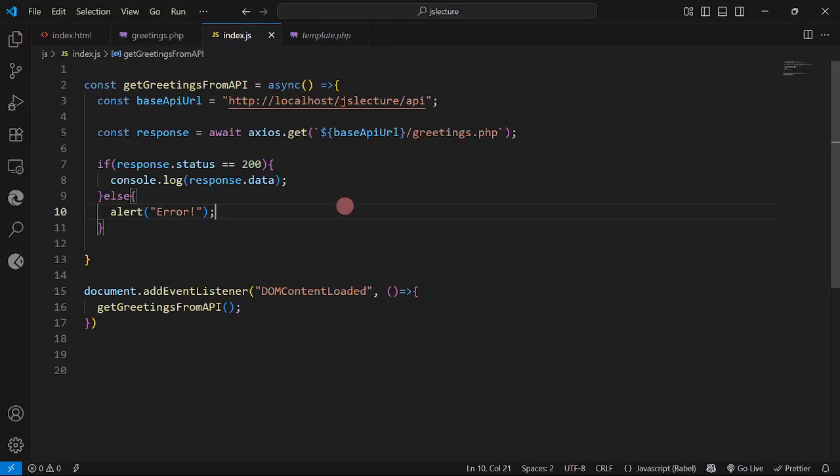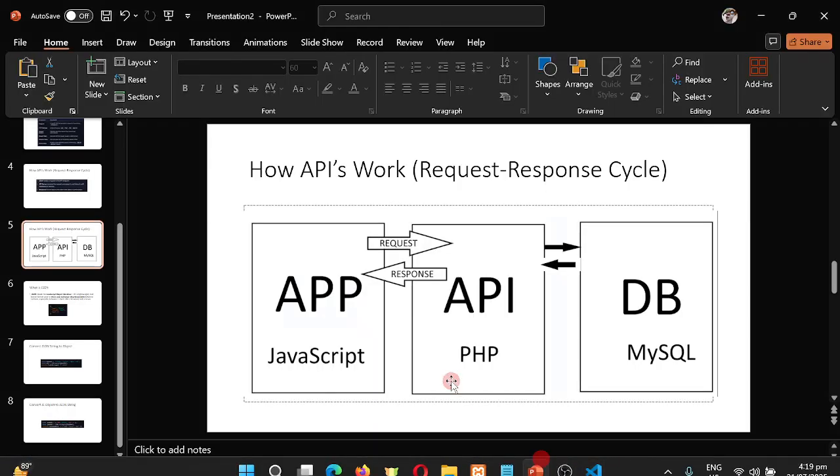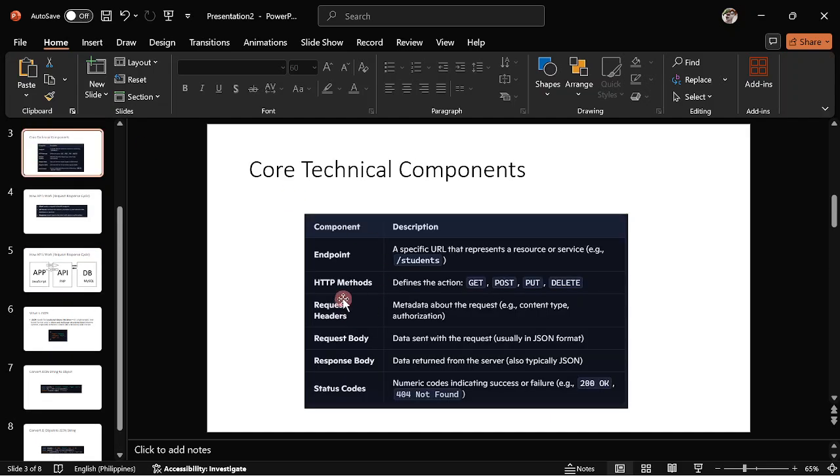Now, how about if we are going to send data into our API? So as we have in our discussion a while ago, we have here the different HTTP methods: get, post, put, and delete. Okay, so although in most cases we're just going to have get and post. Okay, so now we are using get. So therefore, to send data to the API, we are going to use some parameters. Okay,